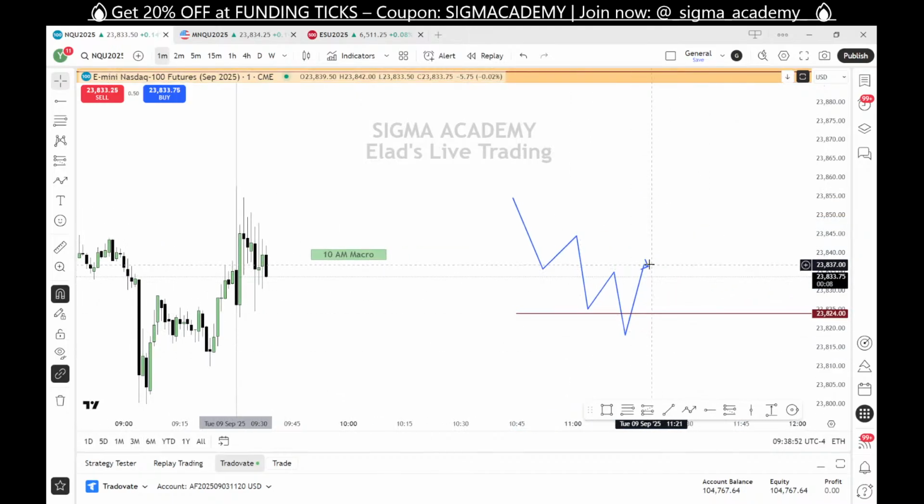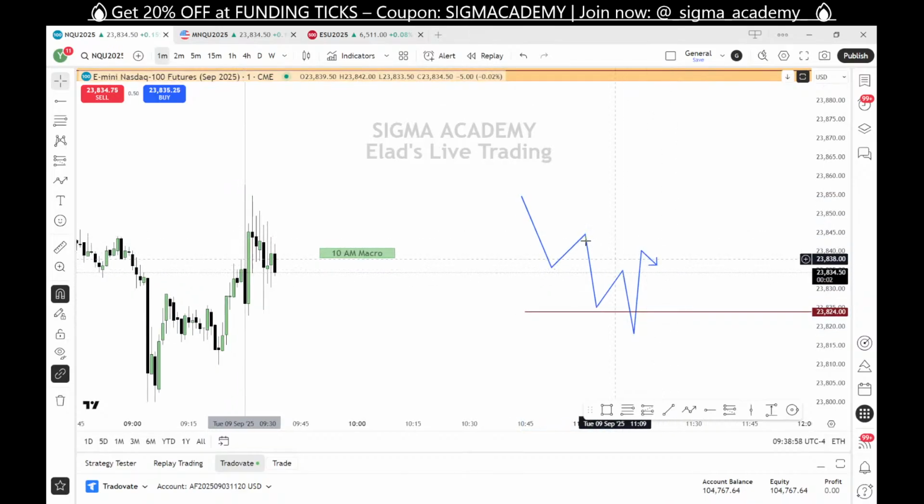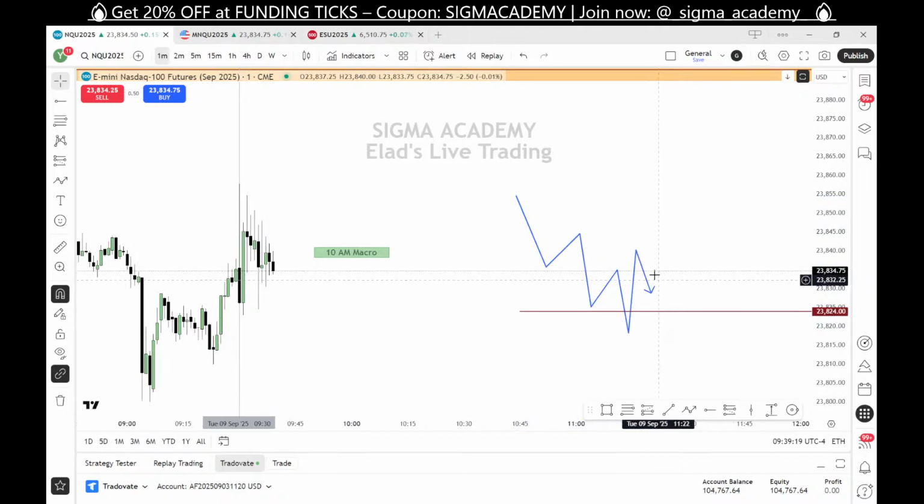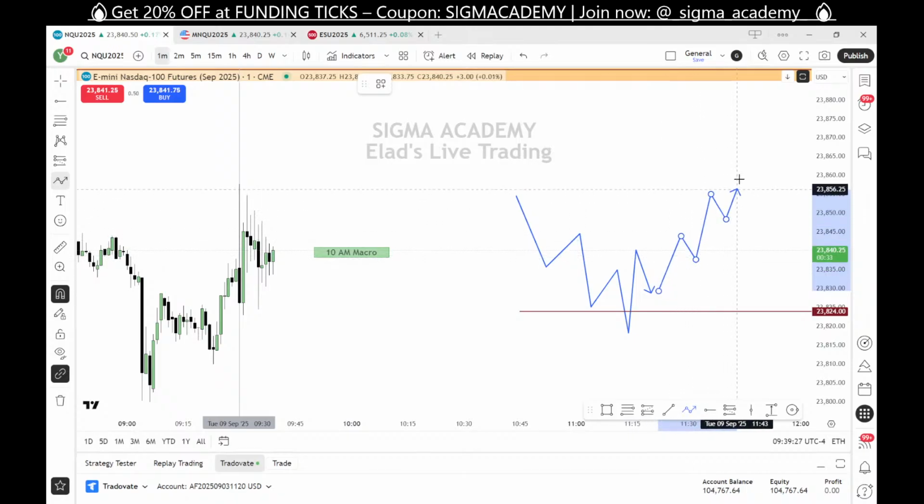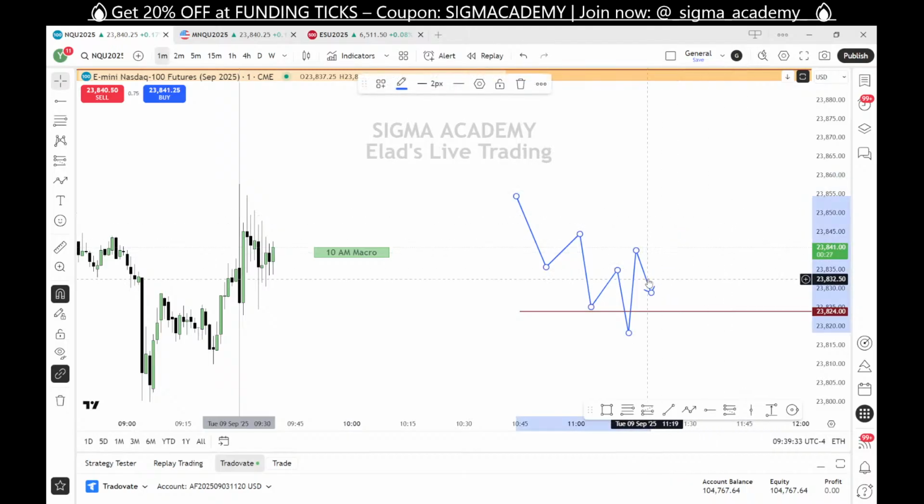But when the market structure has shifted right here, if I went short right here and short right here and it broke my high, I can anticipate that we are going higher, because the highs were dominated and now they are disrespected. So this is where I can anticipate for a market to reverse and go to respect lows and disrespect highs. This is just the ABC of market structure.